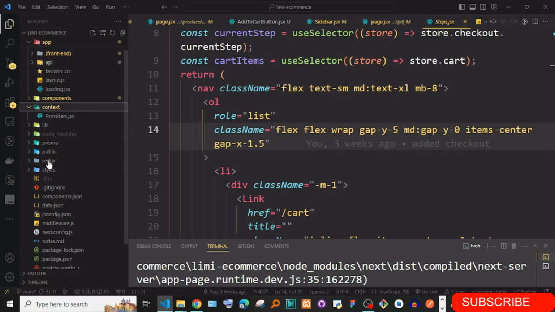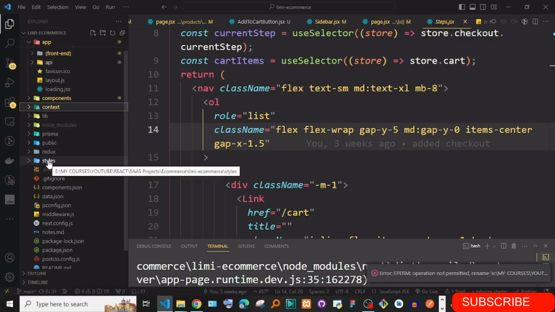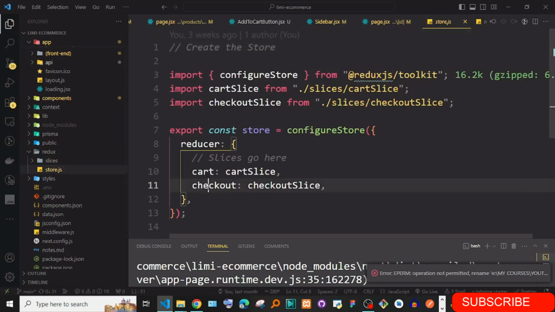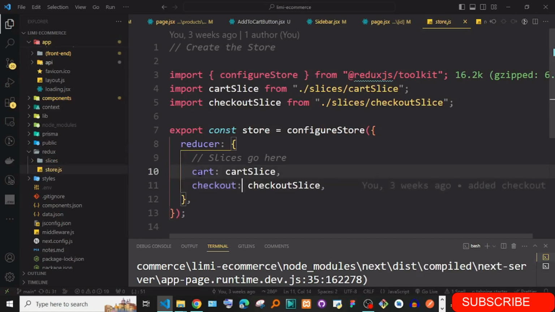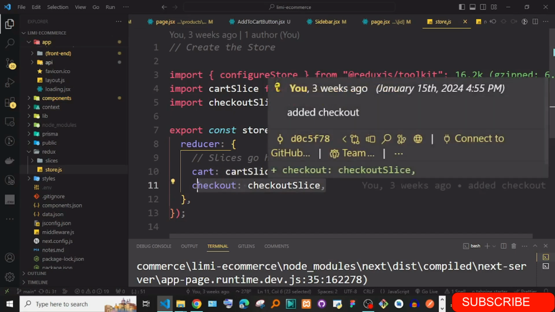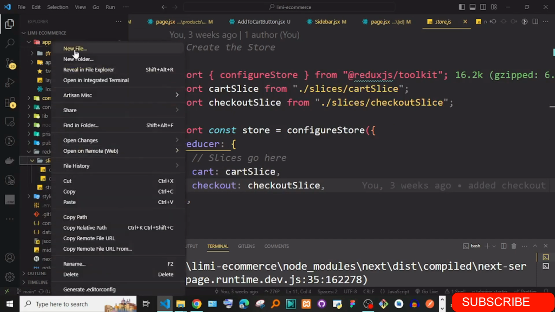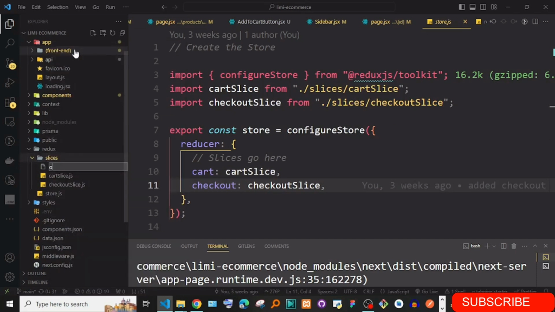So inside where we have Redux here, I'm just going to create one more slice. Already we have this cart slice and the checkout slice. So I'm just going to create another slice. Okay. So inside this, I'm just going to say onboardingSlice.js,